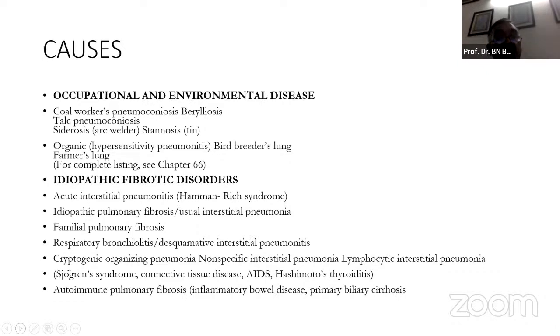Then farmer's lung, because of the compost and because of the fungal elements which are released, as a result of which there is silo-filler's disease, the storage of the grains, and that can also result in fungus overgrowth, and as a result of which there can be hypersensitivity pneumonitis. So organic causes are being increasingly recognized in the Indian setting. And when an end stage occurs, they almost mimic idiopathic pulmonary fibrosis. When there's end stage fibrosis, there's extensive honeycombing, and their behavior is something like